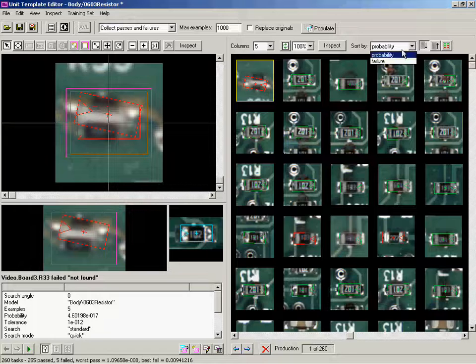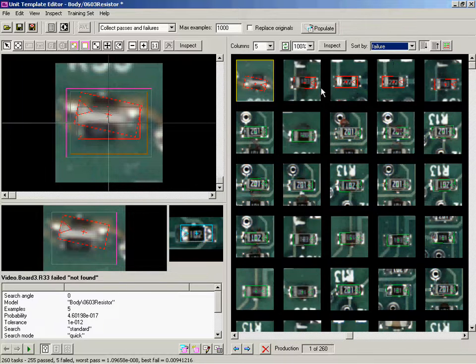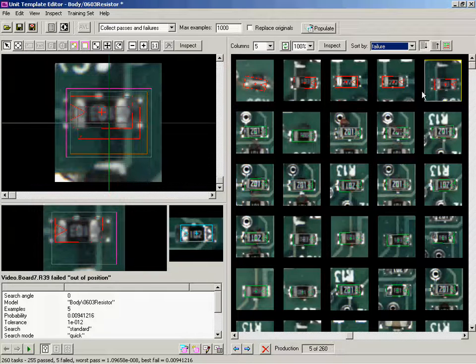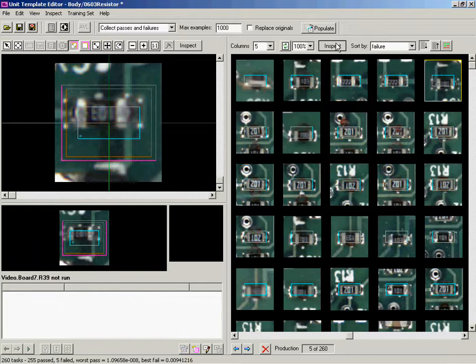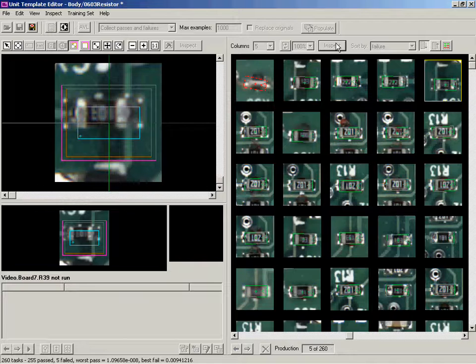I can also sort by failure. And by sorting by failure, I can now take a look and see why did it fail. And I see, oh, I got a little close. I don't have many fiducials on this board, so I know that I may have a slight problem with alignment. Adjusting that, set everything fine. If I'm happy with the way this model is working now,